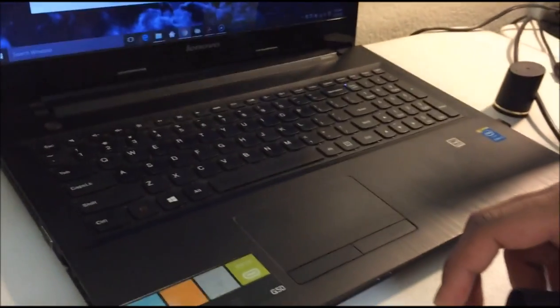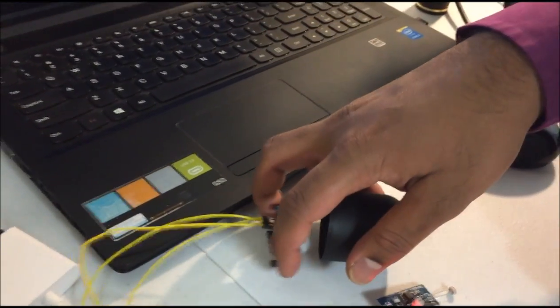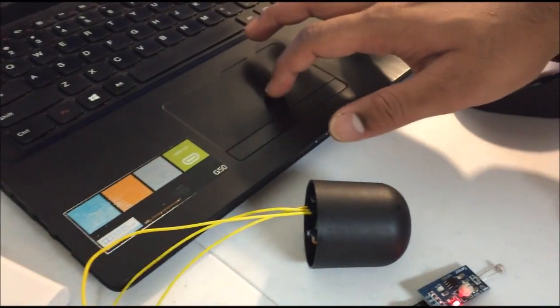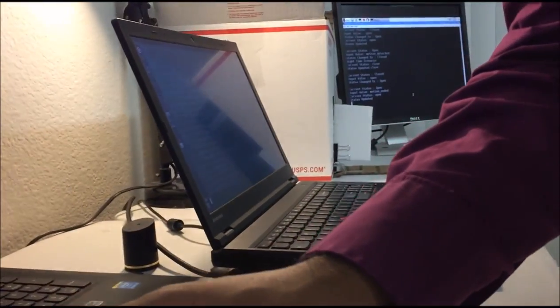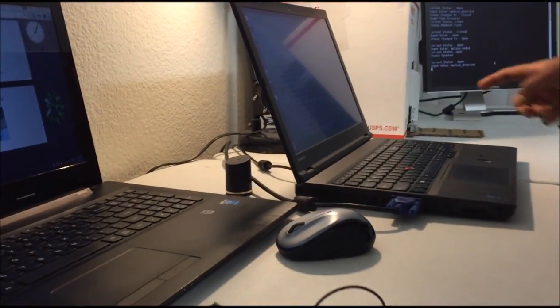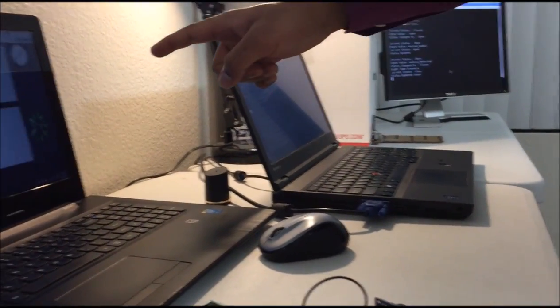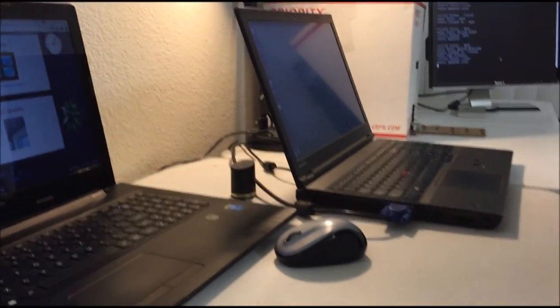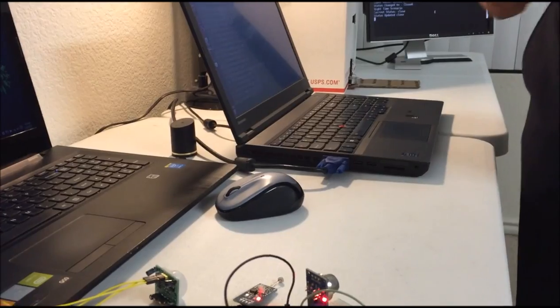So let me recreate this scenario. Now I'll be opening this window. The window is right now open, and now I'll be creating motion. When there is motion, the window closes. Here also it is closed. So this shows the nighttime functionality.